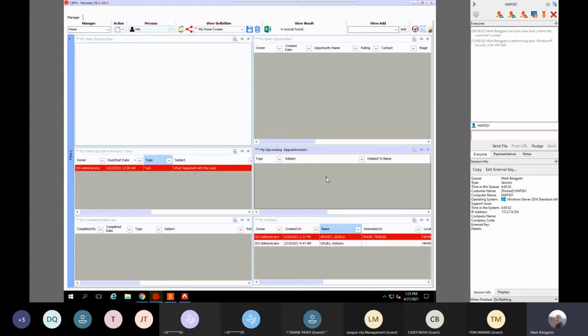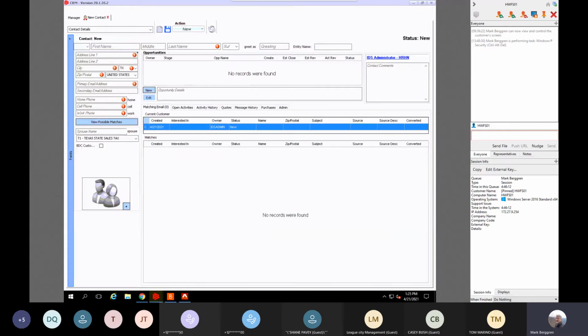So with that being said, I don't want to overcomplicate it. I want to jump right into entering somebody in the system. And we're going to enter somebody that's already in the system and somebody that's not in the system. That's only two things. People are either in there or they're not in there. So I'm going to go to action. I'm going to go to contact. And I'm going to type in a first name. So I'm going to type in Clark